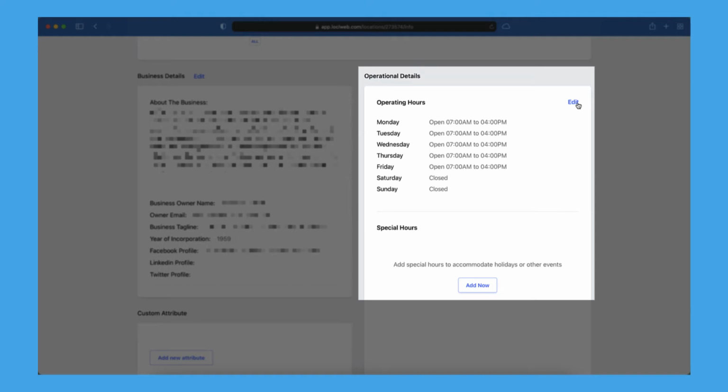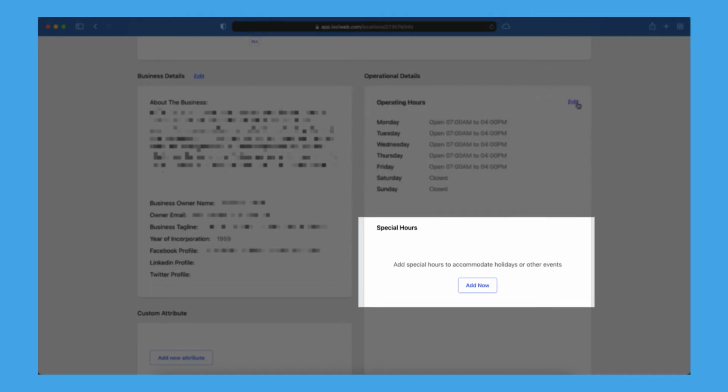But before I do that, I just want to point out down below, there's the special hours section. That's really important because you want to keep your customers up to date on if you're going to be closed for like Christmas, Memorial Day, 4th of July, things like that. You definitely want to add those special hours in there that will be pushed out to all those sites so people will know if you're open on those days or not. Or if you have different hours. You can change it to anything you want, so maybe your hours are more limited or maybe you're completely closed. But just make sure you update that.